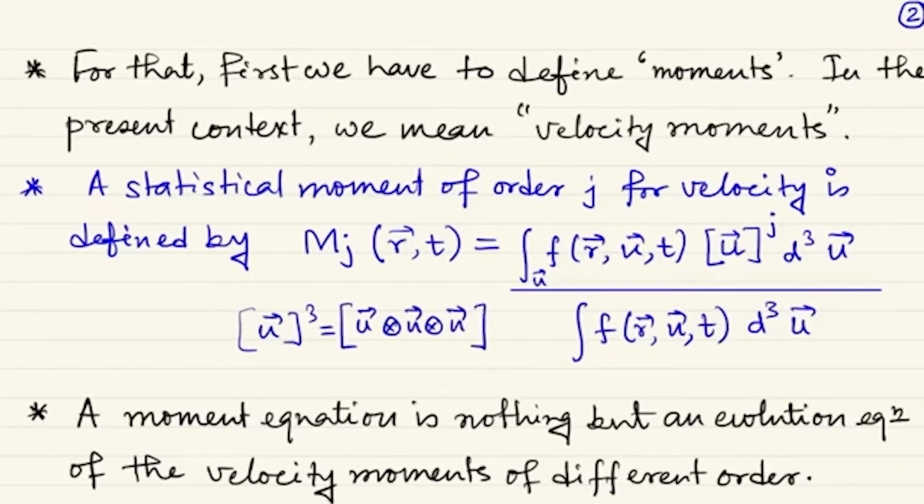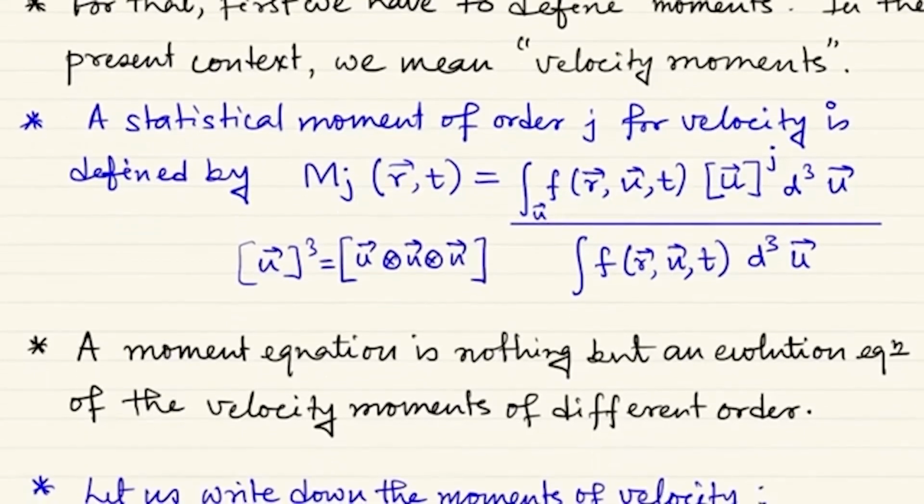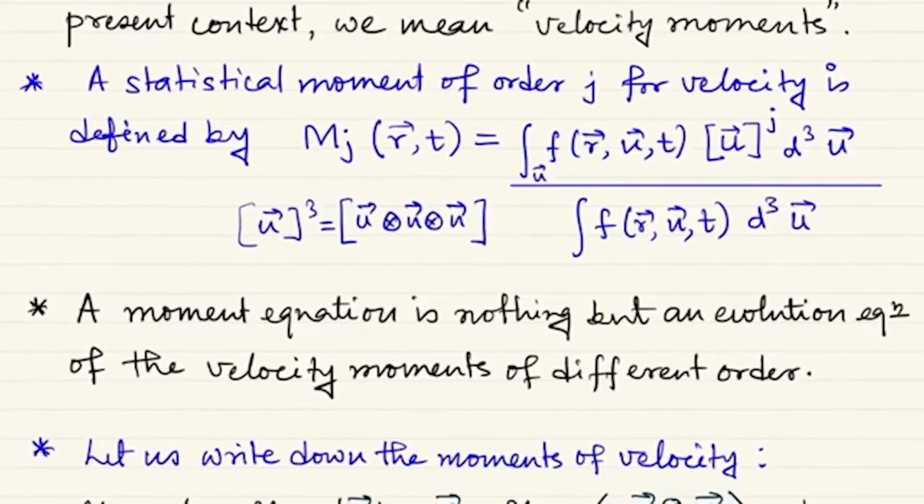That is integrated over the velocity space and normalized by the integral of f d³u. During the derivation of Liouville's equation we learned that this is the number density. So every averaged quantity should be divided by the number density in order to get the normalized value of